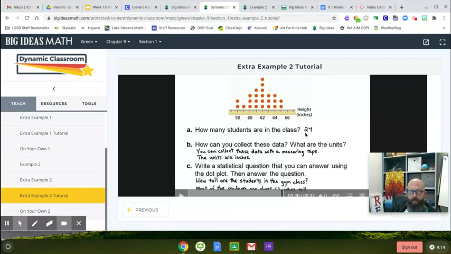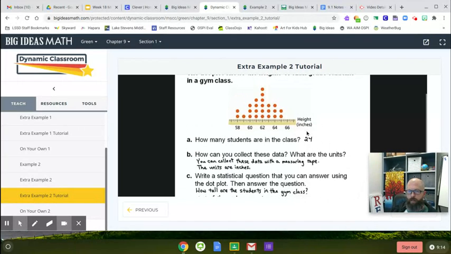All right, that is it for example 2. Hopefully it's not too bad. These are called dot plots, and we'll see